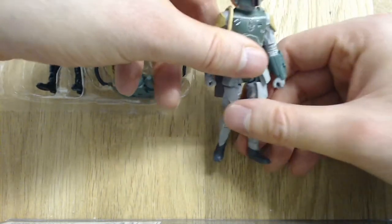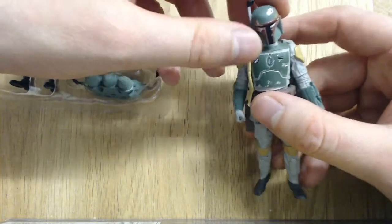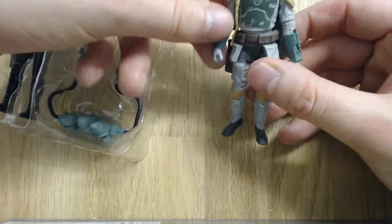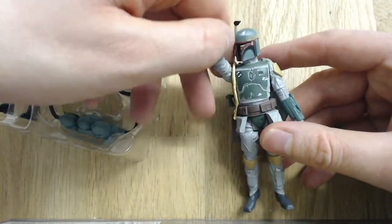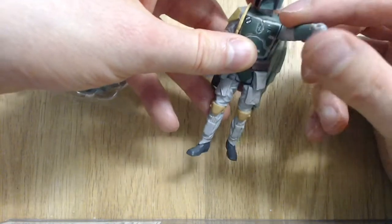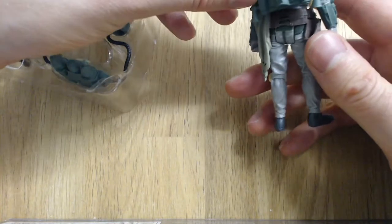How would I describe the plastic? I wish I had a proper Star Wars character to hand to compare. Well, the head. Yeah, the head's interesting. You can move it. Oh my goodness! Yeah, that is really flimsy. The plastic feels quite brittle. But the plastic is nowhere near the classic Kenner quality. The actual detailing is quite...